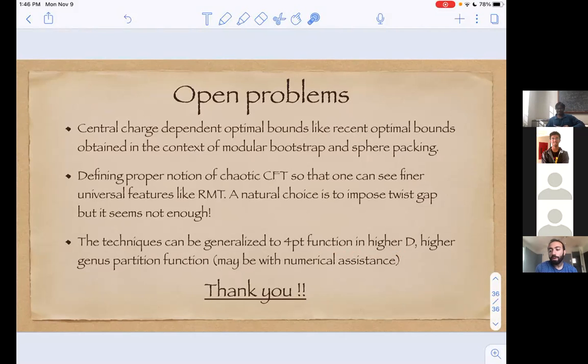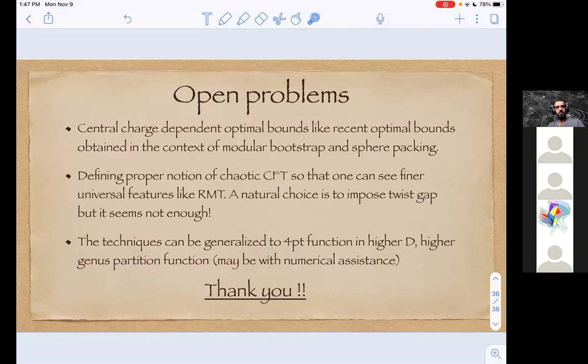I do have one question. So when you mentioned large central charge CFTs, to get rho of delta, the density of states, you truncated the interval over time from minus infinity to infinity to some minus lambda to lambda. Now, what is the order of limits that you're taking here? Are you taking C to be much larger than lambda?